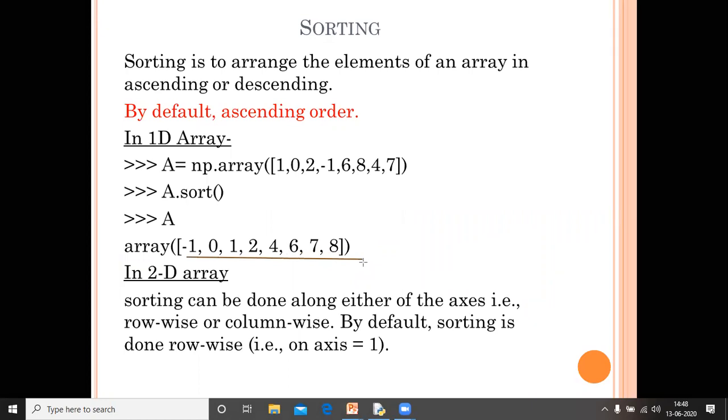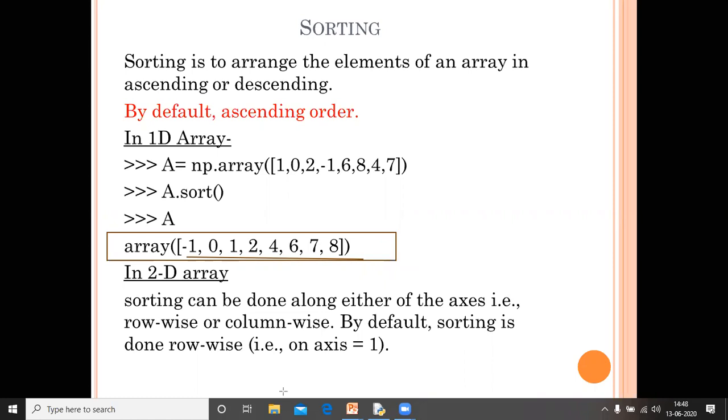If it is a two dimensional array, there are two options, either sort by rows or columns. Because in the one dimensional array the data is on only one axis, there is no need to define the axis. But if you perform the operation on a 2D array, there are two options, either the sorting is performed row wise or column wise.